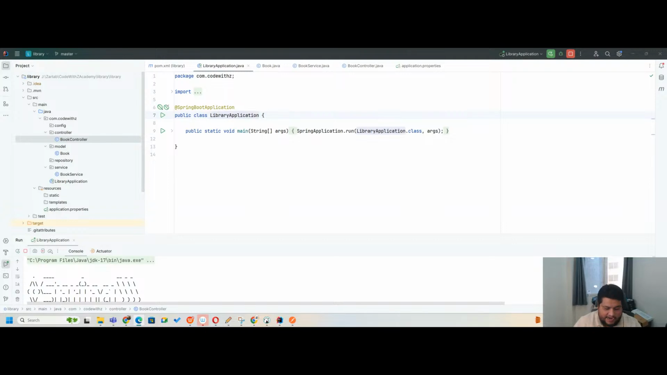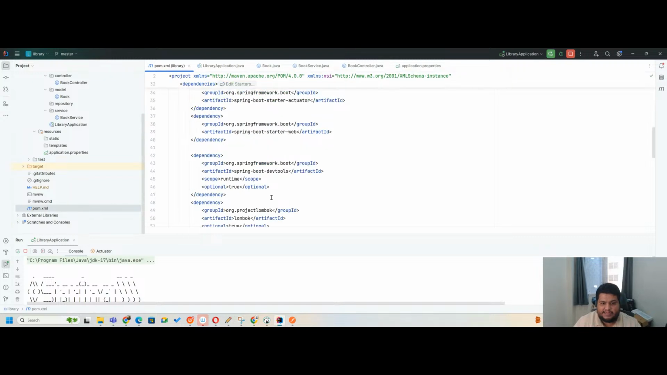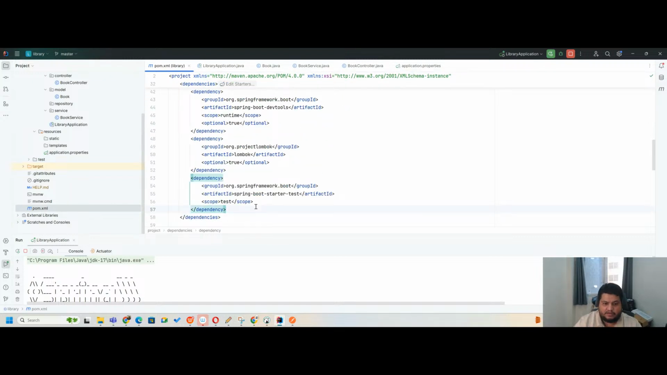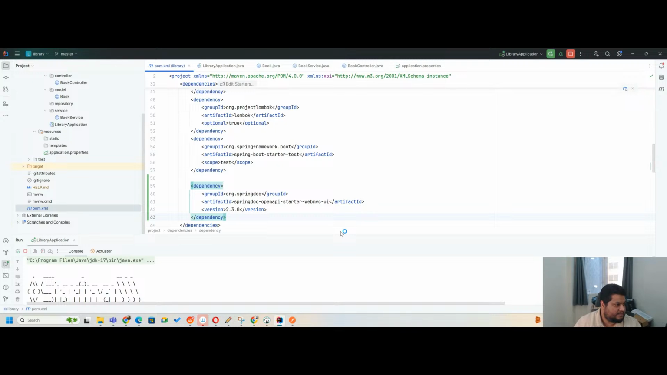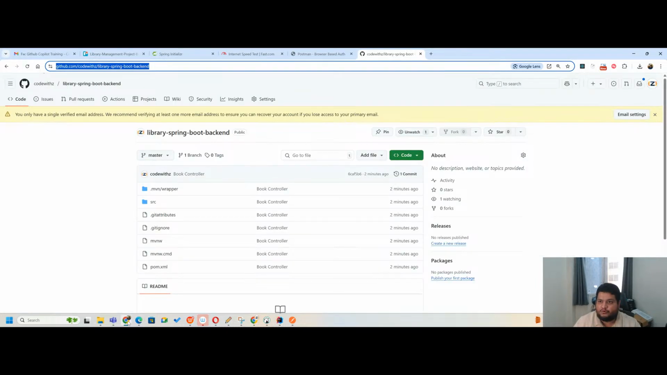I will have to add one dependency. I'll go to my pom.xml, and in my dependencies I need to add one more dependency, which is this dependency. Once I add this dependency to my application, I will reload my application. Once I reload my application, I will have that Swagger available with me. So how I can do that is I will go to